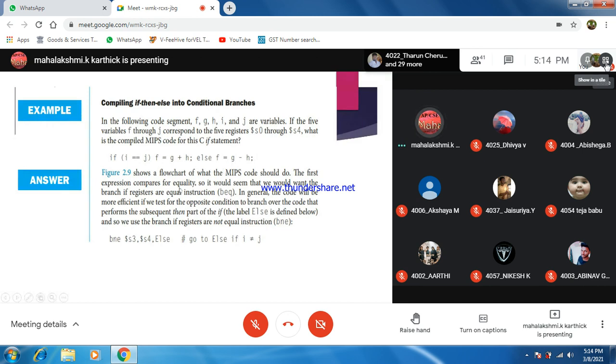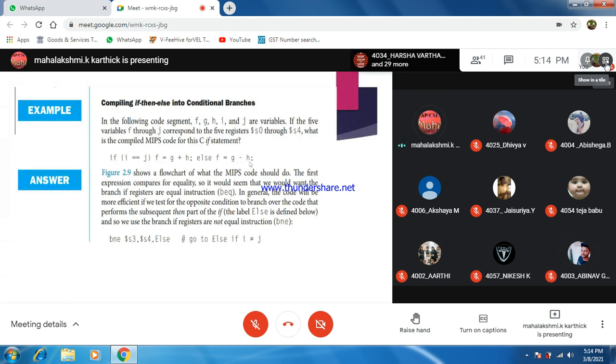Before that, you have to find out S3, S4, else. It will go inside the else statement. Inside the else statement, first you have to do the negative operation. What is the negative operation to be performed? G's value is S1. S1 minus